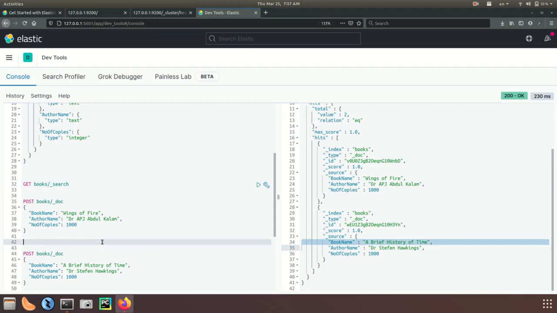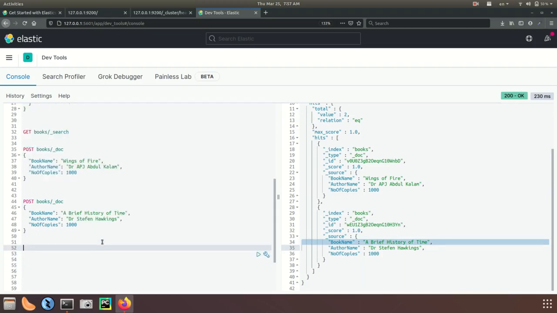Now if you want to do a search operation, just run POST, and here is the index name underscore search. If you run this one, you will get all the items. If we want to filter, then you need to mention query here. Suppose we want to run a match query, so inside query just type match, and here is the field name, suppose book name, and type the word by which you want to search. Suppose you want to search fire,